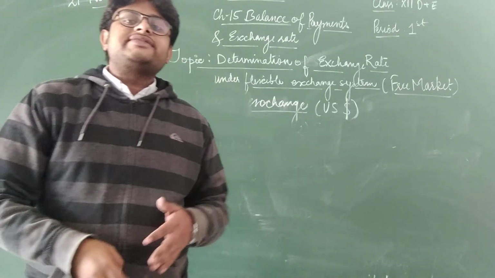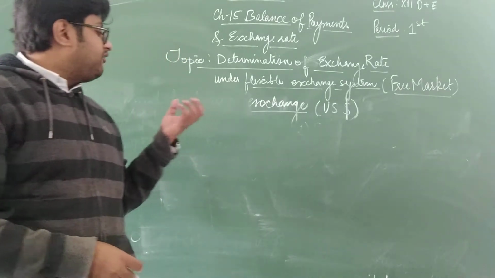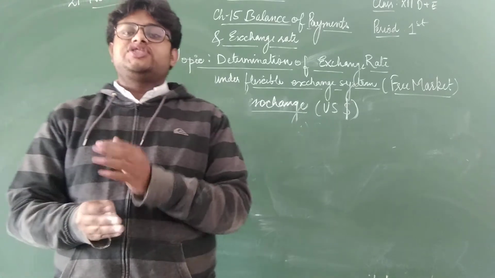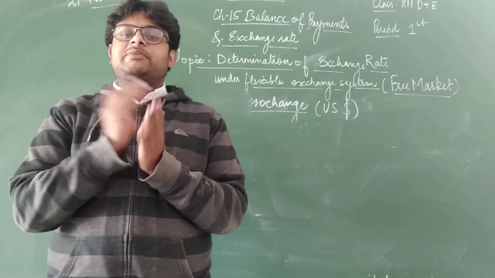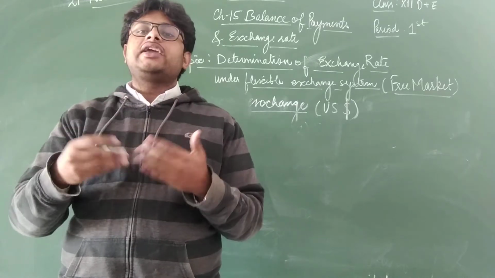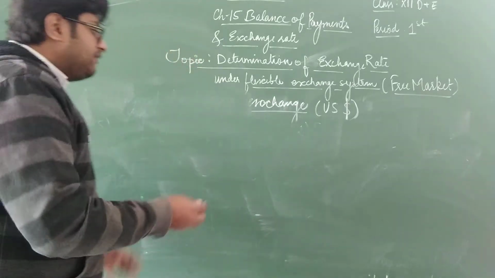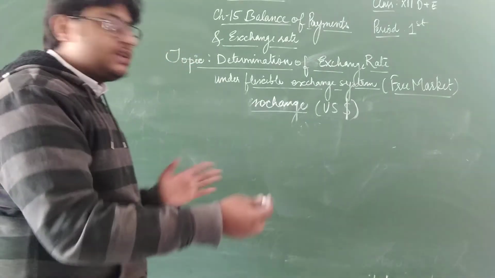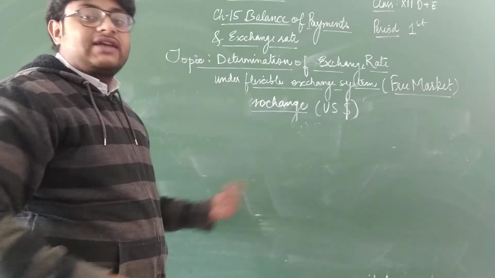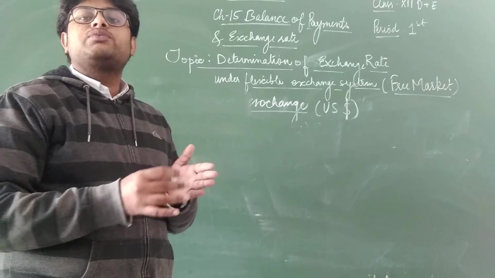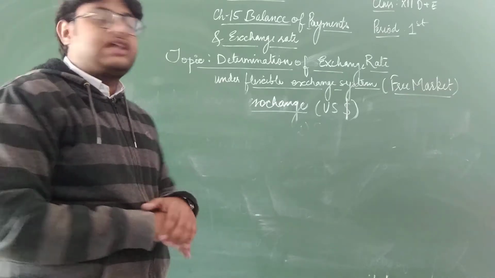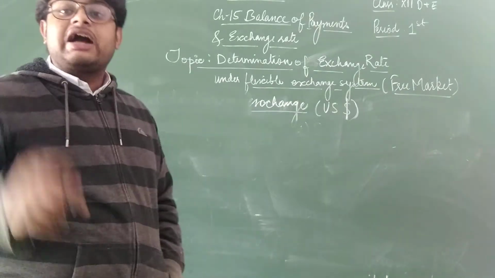Students, now we are in the situation of the final determination of the exchange rate. We will see how the value of US dollars is determined against the rupee. We have studied before the demand and supply curves of the dollars. We will bring both of the demand and supply curves together, like we used to bring in the market mechanism.